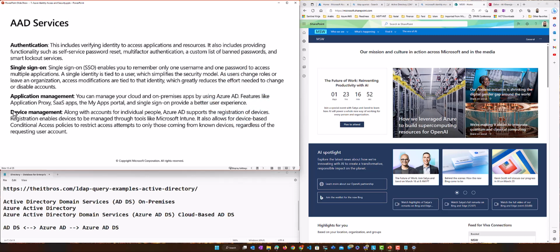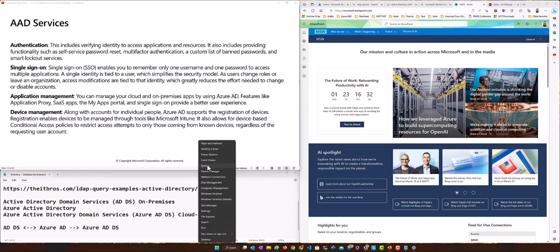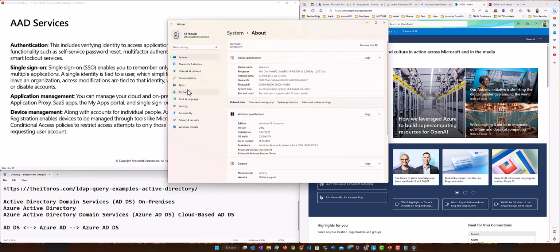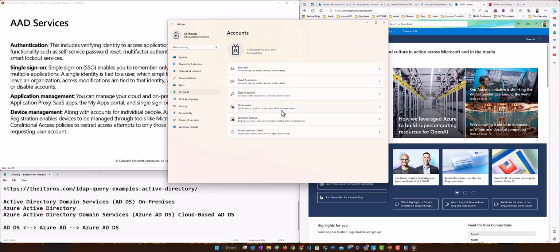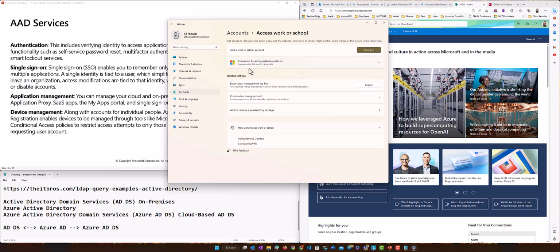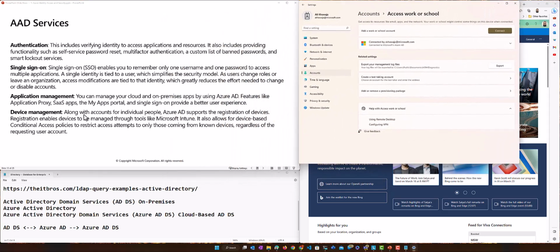And you can see Azure AD in the device management here. I don't have to go to my on-premises Active Directory to join my machine to on-premises Active Directory. I can just do this on Azure AD, जैसा अभी मैंने दिखाया था. If I go into system, and from system into accounts, it tells you it is joined to Azure AD, and joined by this person. So this is what happens, and on that basis this part is device management.